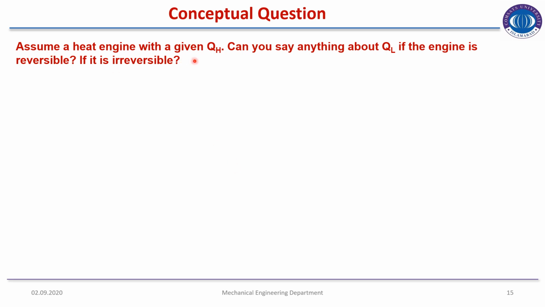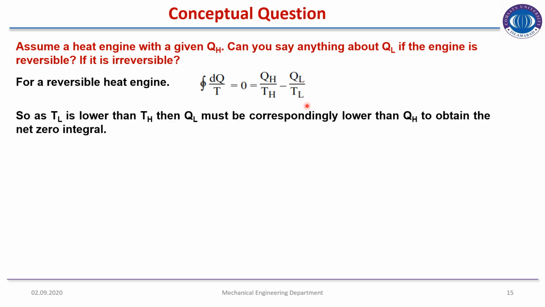Assume a heat engine with a given QH. Can you say anything about QL if the engine is reversible and if it is irreversible? So for a reversible heat engine, because it's a cyclic process, the integral of dQ by T is equal to 0, and QH over TH minus QL over TL. So as TL is lower than TH, then QL must be correspondingly lower than QH to obtain the net zero integral,